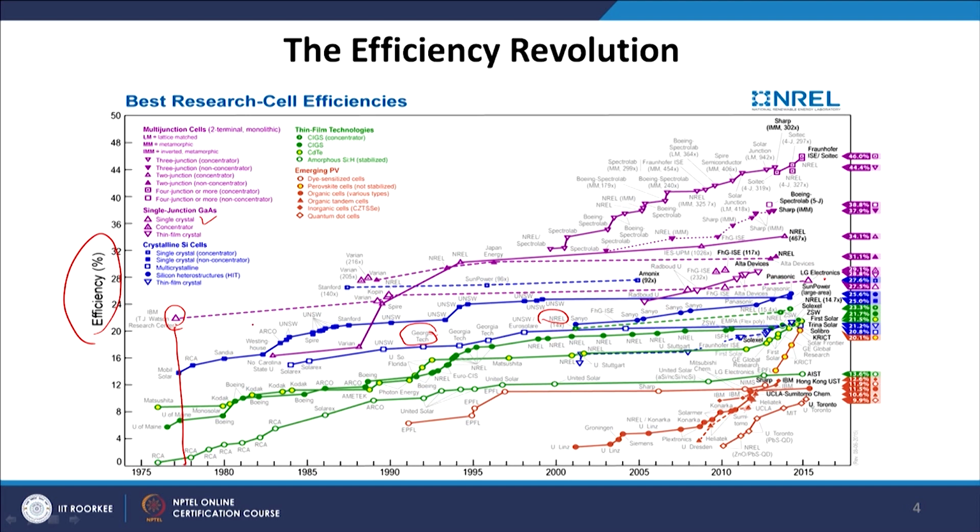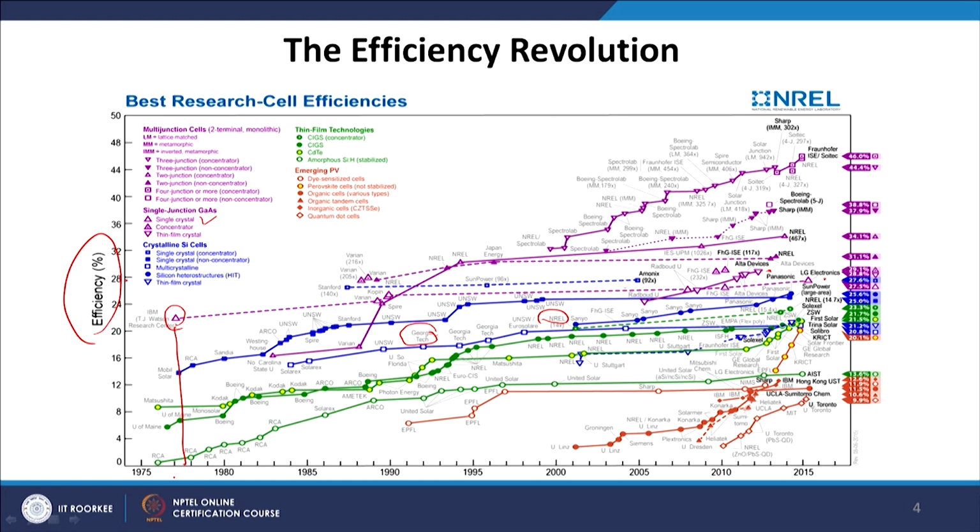And you can see some of the pioneering work was done by IBM at T.J. Watson Research Laboratory, and then it has been worked on in different laboratories, like IBM and also Samsung Electronics. If you look closely at this graph, the efficiency started from 20% or 22%, and if you follow this line, it goes until this point where Panasonic is working on it. Now, you see that the efficiency corresponding to this line is 26% or 27%.